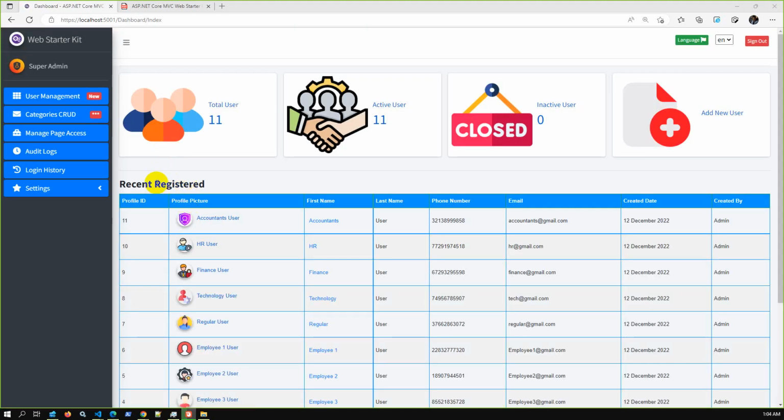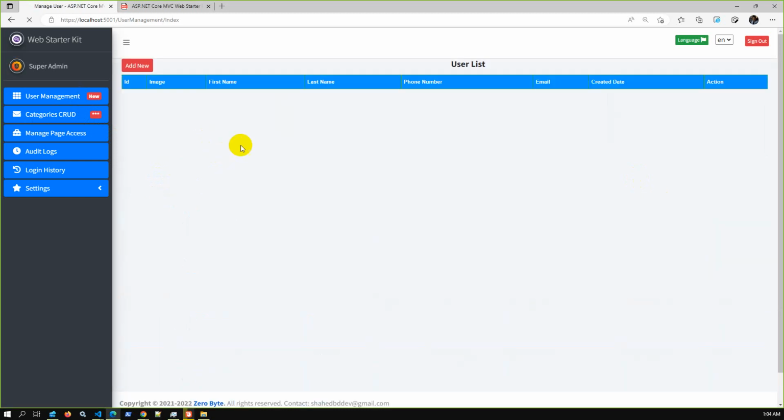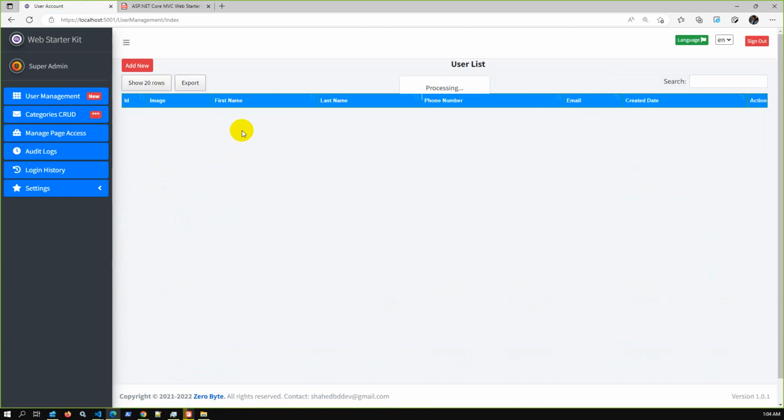So successfully signed in. We have signed into the application. There are a total of 11 users, and if we create one demo user and try to log in using that user,